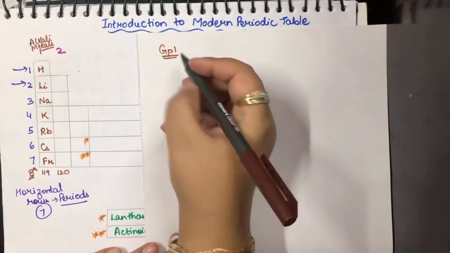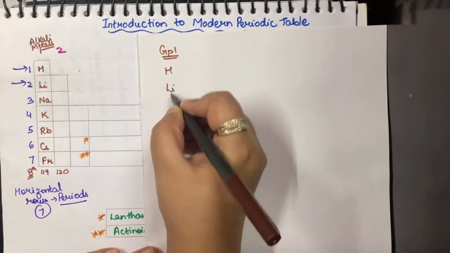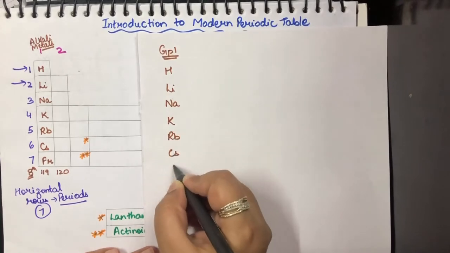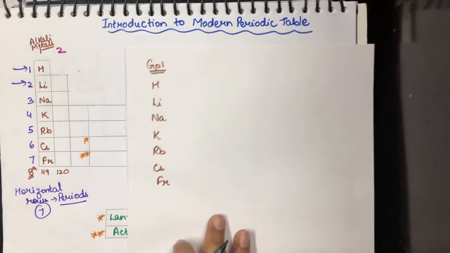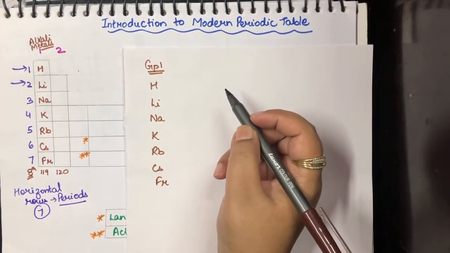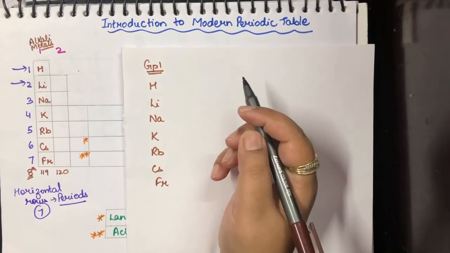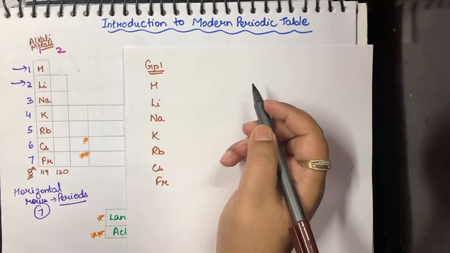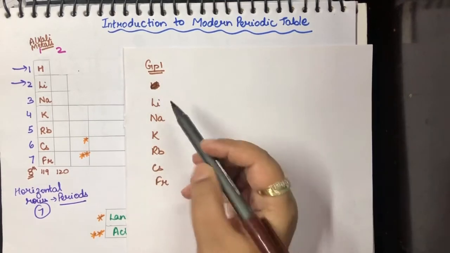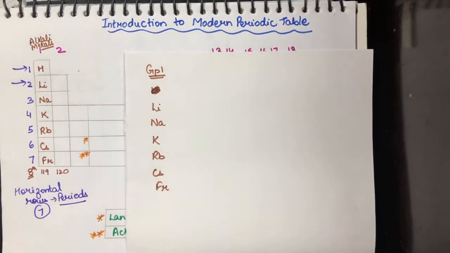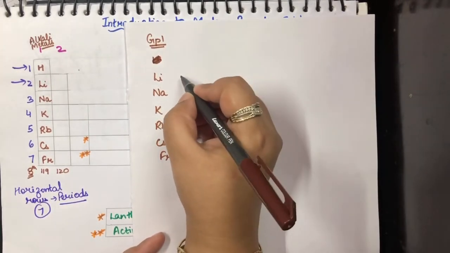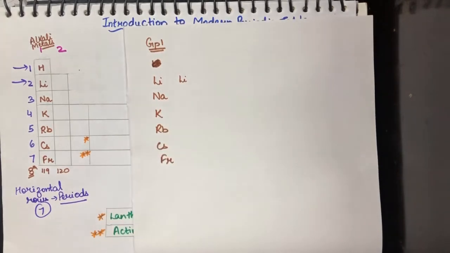Right, so I am writing it here again so that I can give you a small trick to learn these elements in their correct order in the group. There are many mnemonics available on the internet and your teachers might tell you many different things. The best is to learn it like that: lithium, sodium, potassium, rubidium, cesium, francium. But if you need a trick to learn it, the best way we say is, just use a different pen for more clarity.